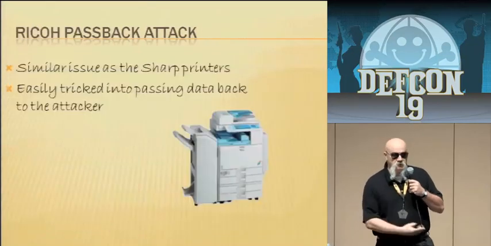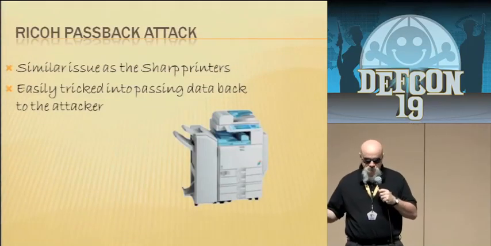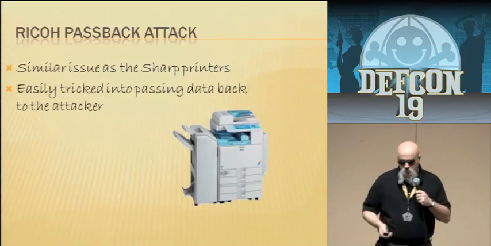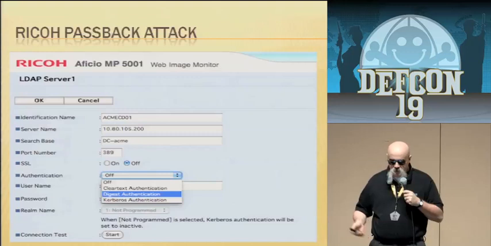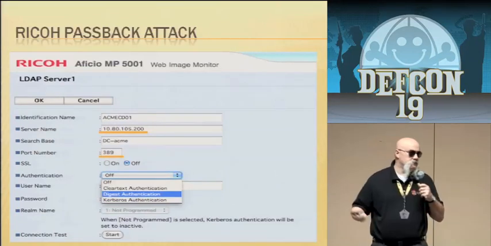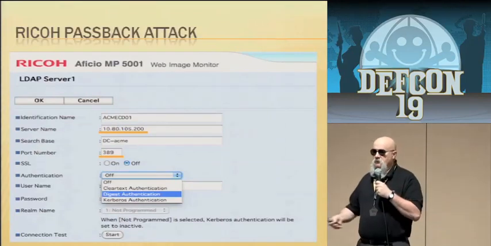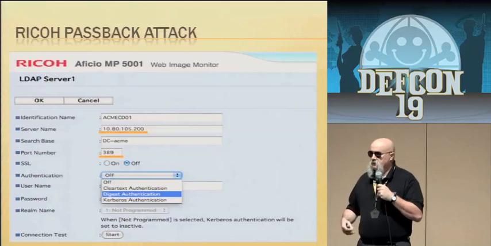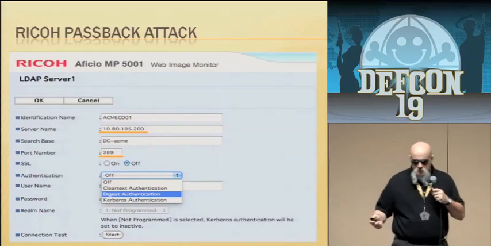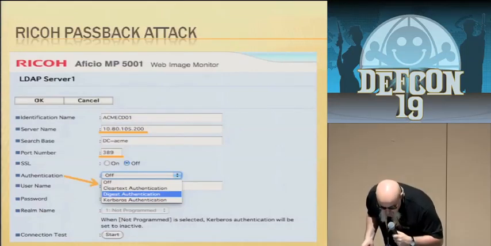The next one we want to get into, where we're going to show a little more detail, is the actual Ricoh printer. And the Ricoh printer, very similar to the Sharp printer, is easily tricked into doing this. If we look at the configurations, of course, we have the server IP address, we have the port number, and I reference the port number because if you're attacking this device and they have filters between you and it, that particular port may not make it back to you. So if you can alter that, you can get it to go across any filtering they may have. And of course, the authentication type, as you see we have set there, clear text, digest,